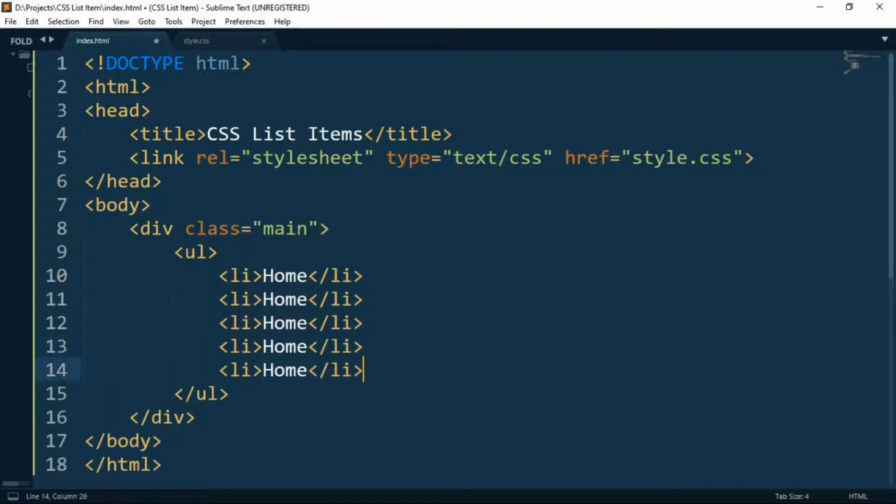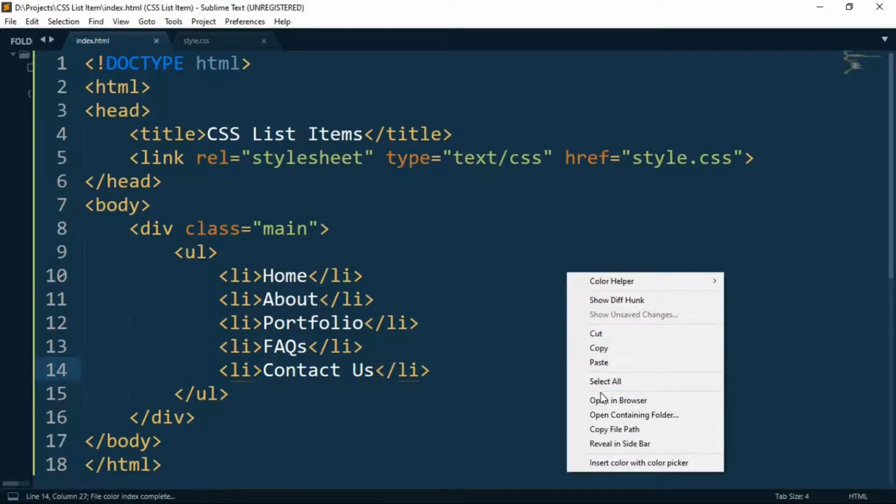So the items we have are the about section, the portfolio section, and then we have the FAQs section, and at last we have the contact us section.